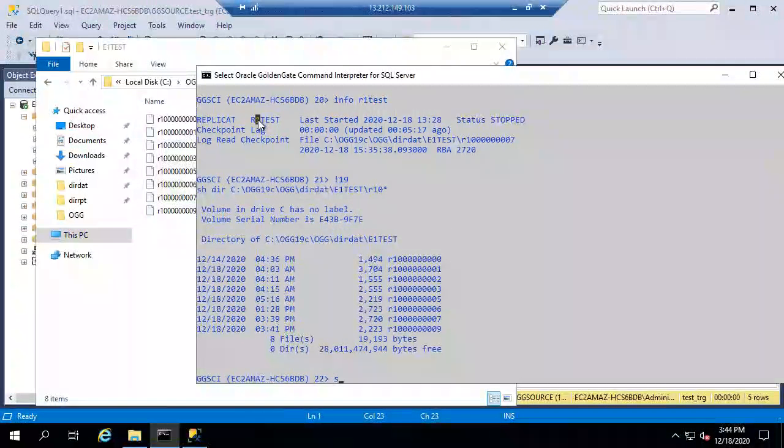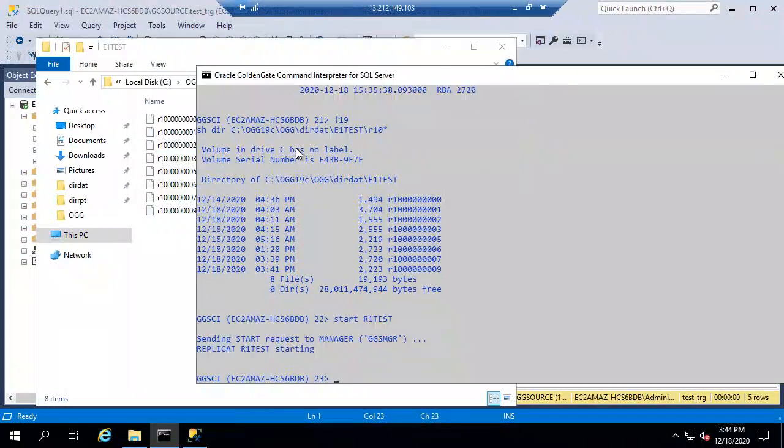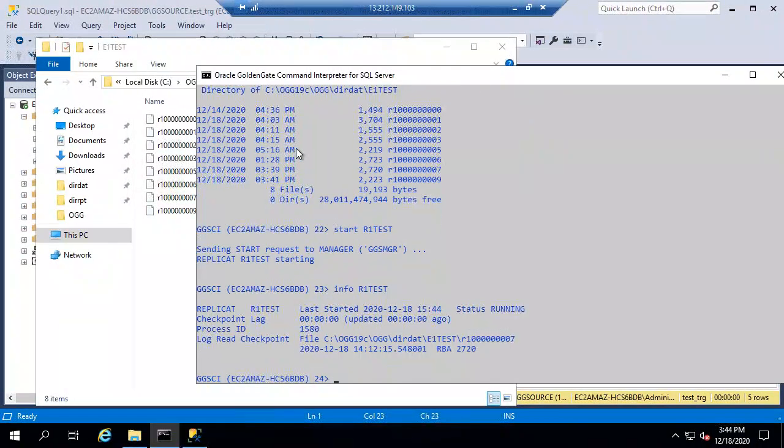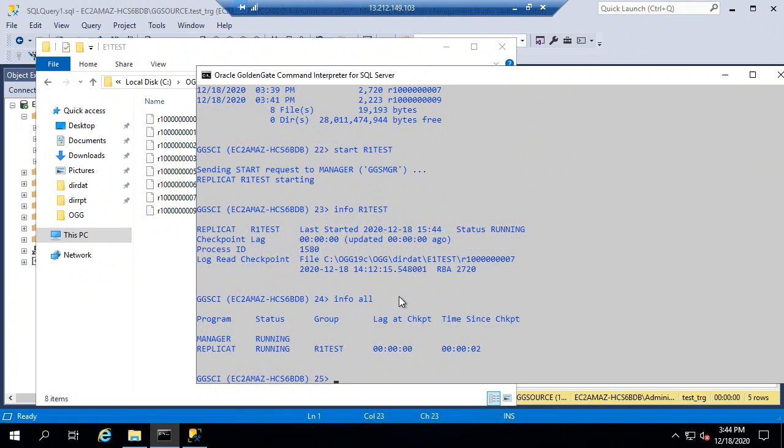So thing is, will it be showing any lag? Normally, if you have GG in your environment, you will only see the process if it is having some lag, or if it is an event, right? If it is just showing up and running, you have to compare the data between the source and the target. Correct. All right. That's one way. Correct. Now,